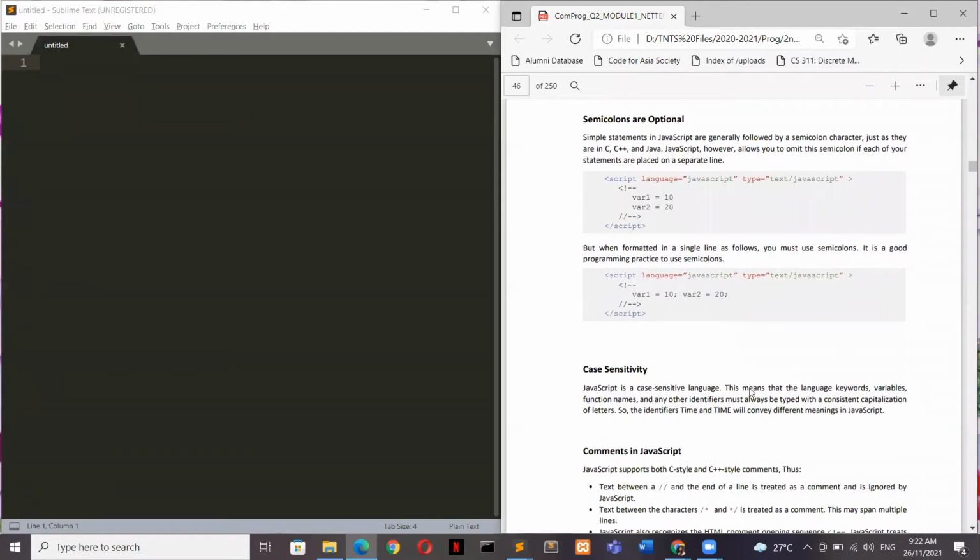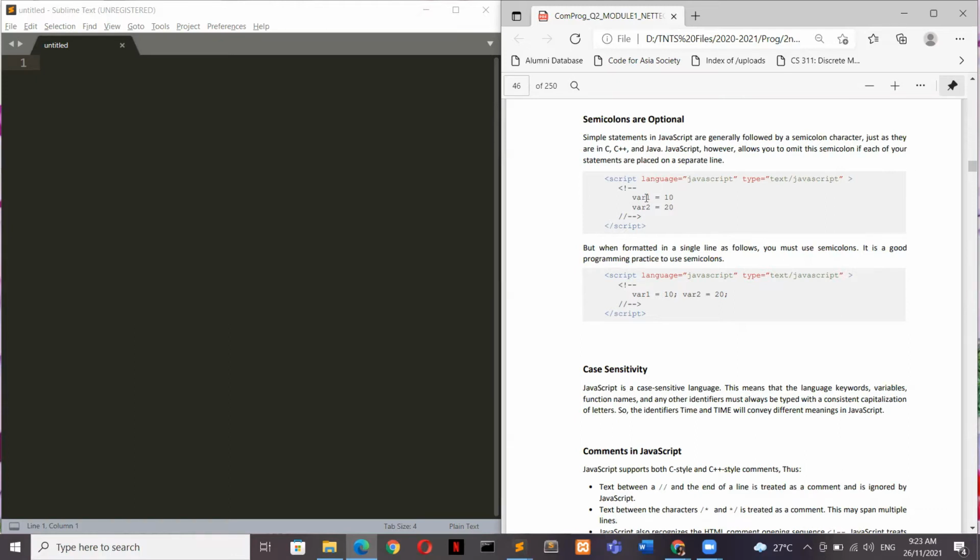Then the semicolons, which are optional. Simple statements in JavaScript are generally followed by a semicolon character, just as they are in the C programming, C++, and Java. JavaScript allows you to omit this semicolon if each of your statements are placed on a separate